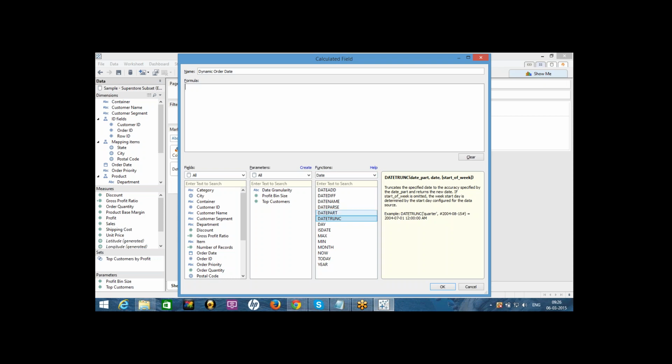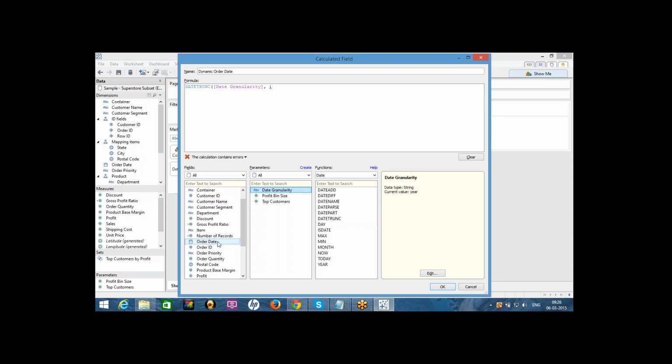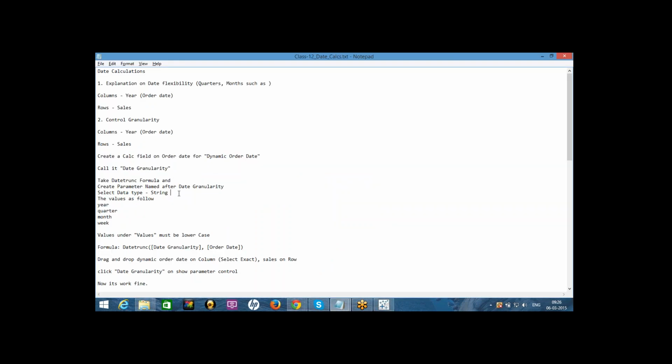So I'm using this date truncate here for that purpose, and I'm using a parameter control here, and I wanted to have an order date. We have successfully created the parameter, and we have selected data type string, and the values we have entered are year, quarter, month, week. The values must be lowercase.